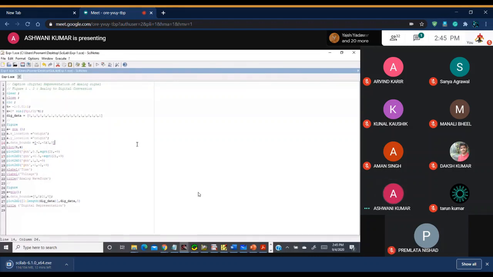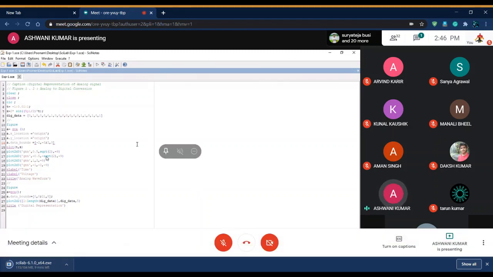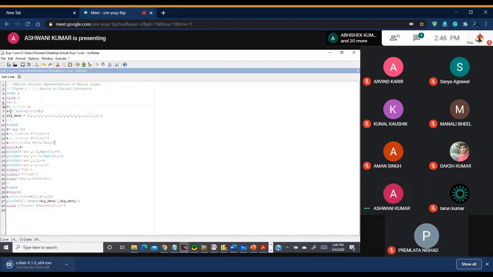So this is simply the analog to digital conversion. This is the code written in Scilab. Very simple code, and if you see, this is your continuous signal, the sine signal.